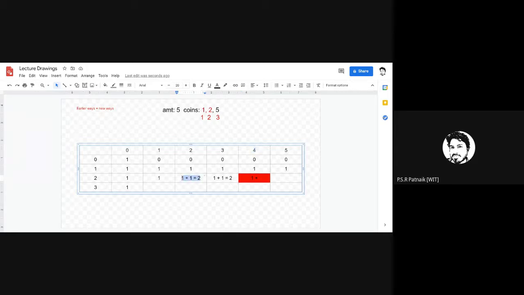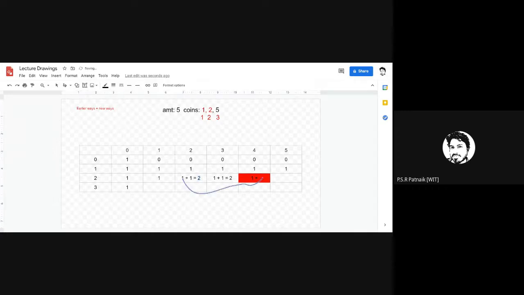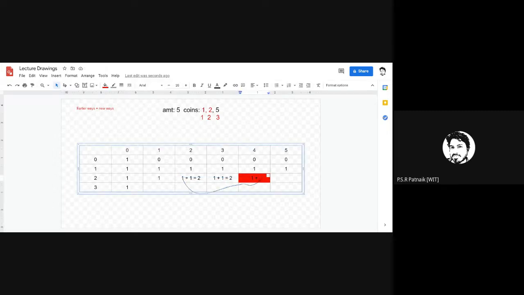In how many ways can amount 2 be realized here? 2, right? So this 2 will now come here. Let me scribble and tell you. So this 2 will now come here. So here you will have 1 plus 2 is equal to 3. This is how you get this here.